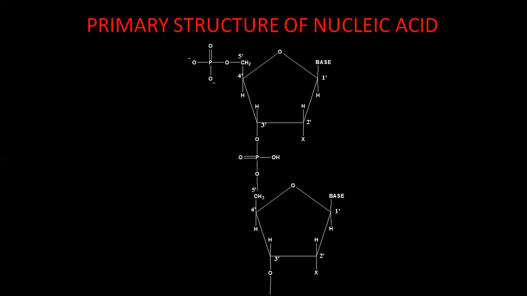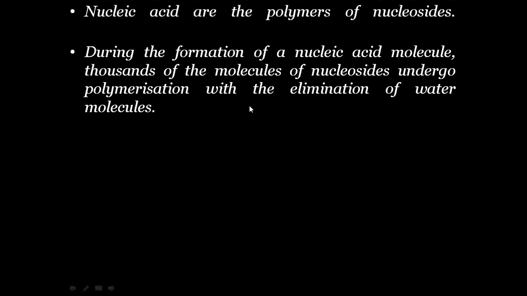3'. Ultimately, at one end we'll have a 5' carbon and at the other end we'll have a 3' carbon. So let us try to see that. Nucleic acids are polymers of nucleosides or nucleotides, what we know. During the formation of a nucleic acid molecule, thousands of molecules of nucleoside or nucleotide undergo polymerization with the elimination